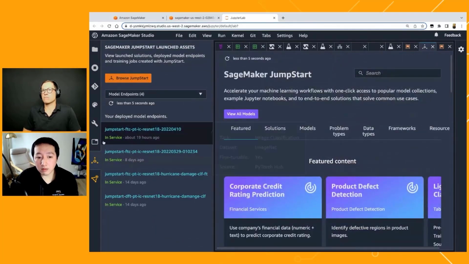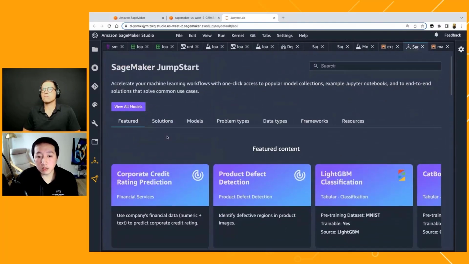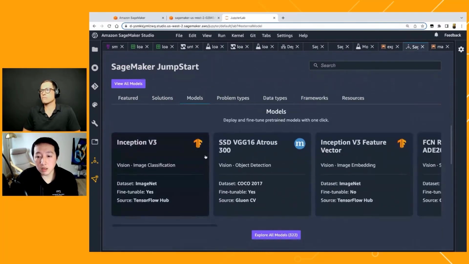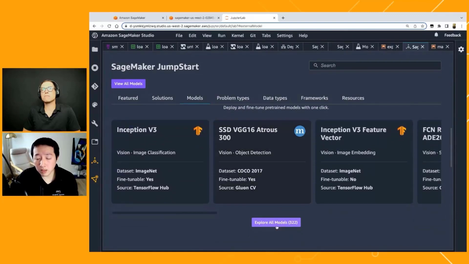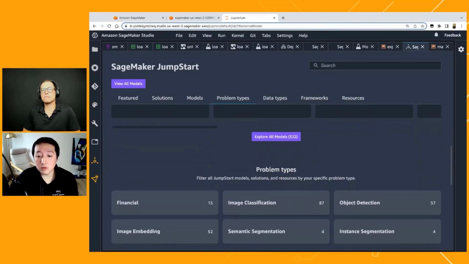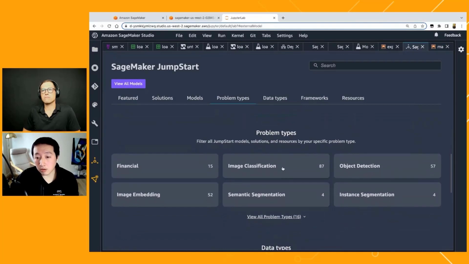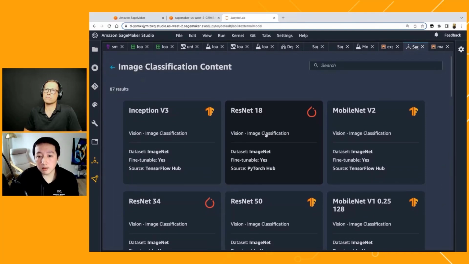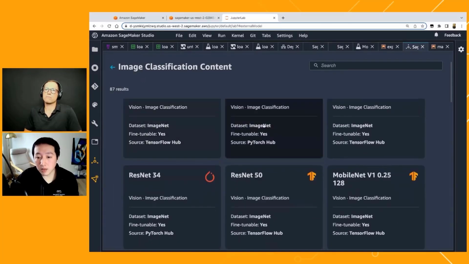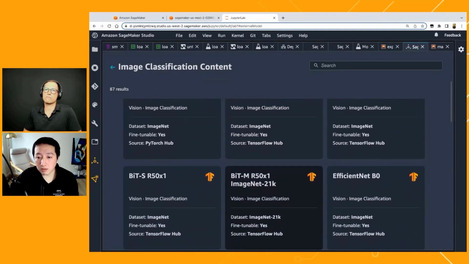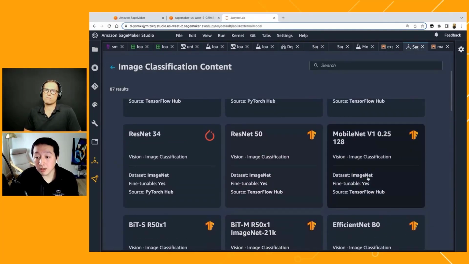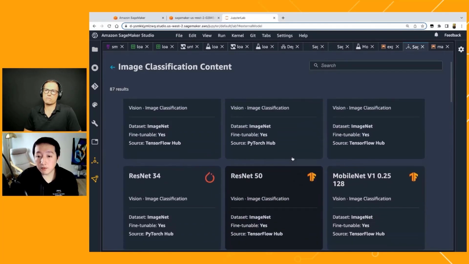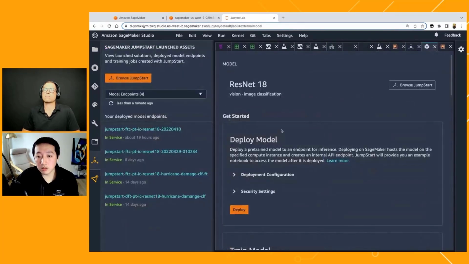We can quickly browse all the models within SageMaker JumpStart. We can see the models. There are so many different models, more than 300 models for you to choose from. But also you can choose from the problem types. And in our problem statement, we're trying to predict damage versus not damage, right? So this is essentially an image classification use case. So we can choose image classification model zoos and select one of these pre-built models, and that allows us to train, even fine-tune, for our specific use case. So we can choose one of the models.